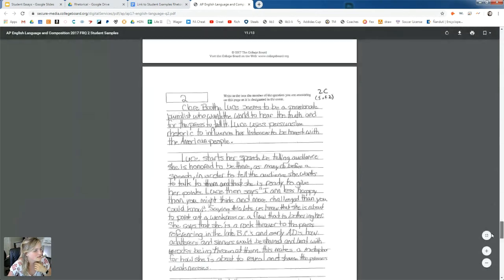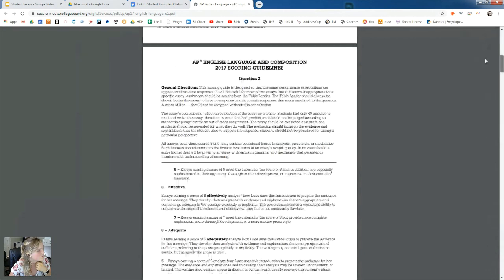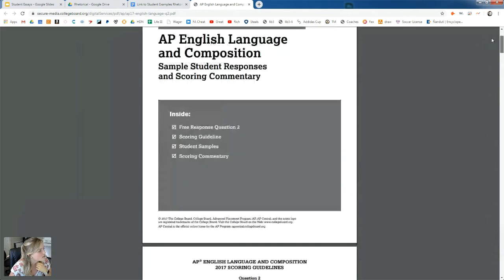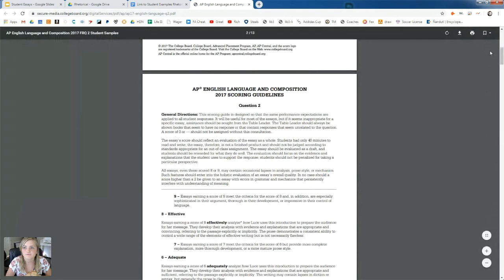So does this have the answers at the end? Yes. Okay. This prompt was the Claire Booth Luce prompt. Oh yeah, sorry, I just barely saw your question. So synthesis is actually very similar to a document-based question, which is really good if you're taking American history or world history at the same time as this. So it's pretty much the same format as that. That's a good question though.